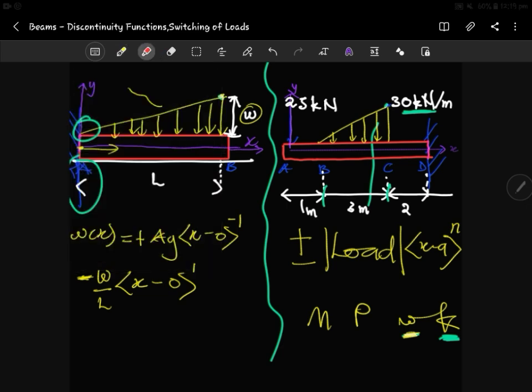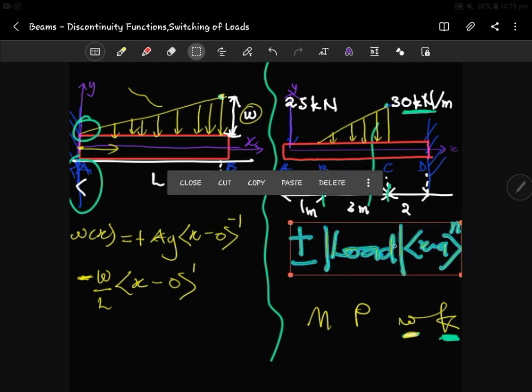Because when you turn on this particular linear distributed load at 0, it goes on up to the very end of the beam, right? So it makes sense if you leave it this way. There's no turn on or turn off or anything. When you turn it on once, that's it. It acts on the entire beam, right? So now we are going to do same or similar for